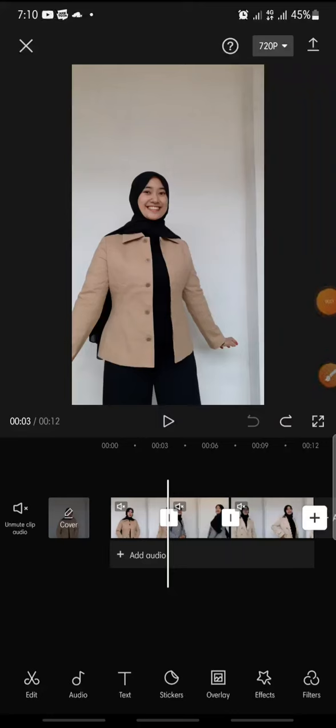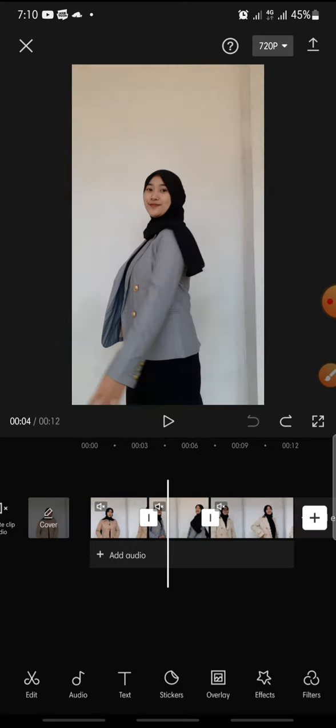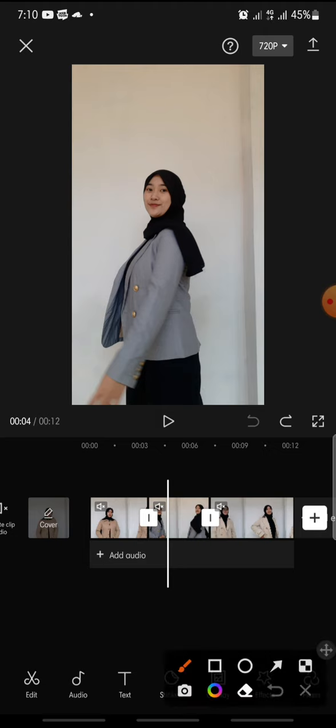In this video, I'm going to show you how to add erasure transition effect on CapCut apps. Now let's get started. First, after you open your CapCut apps and add the video that you wanted to edit, if you wanna add erasure transition effect, so you just click on the white box icon, this one, click on